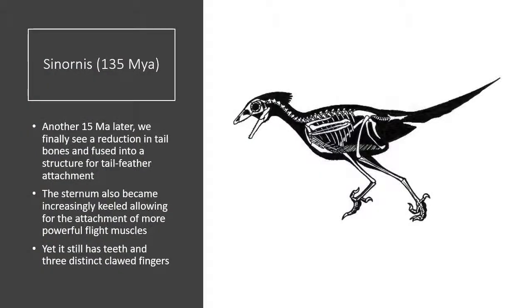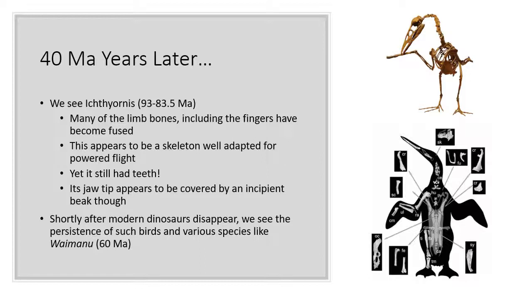Here's Sinornis, another 15 million years later. Finally, we see a reduction in the tail structure and some fusion for feather attachment. And then you see the sternum also becoming increasingly keeled. That, of course, would have allowed for more powerful flight muscles to be attached, but it still has teeth and distinct clawed fingers. And then 40 million years later, we see